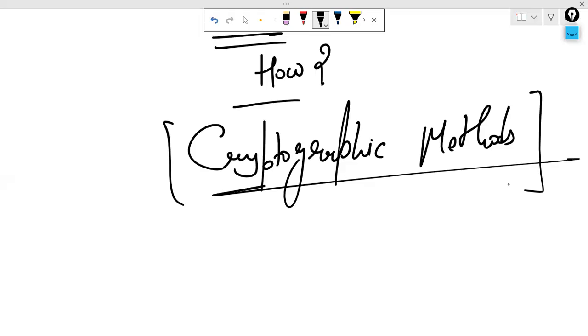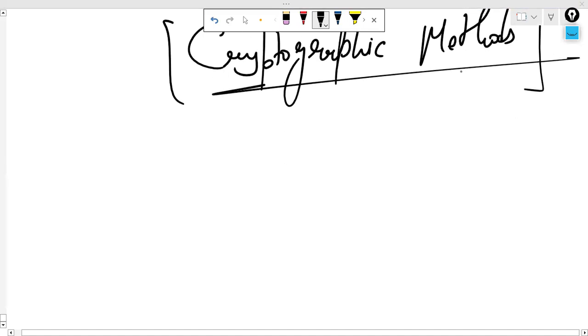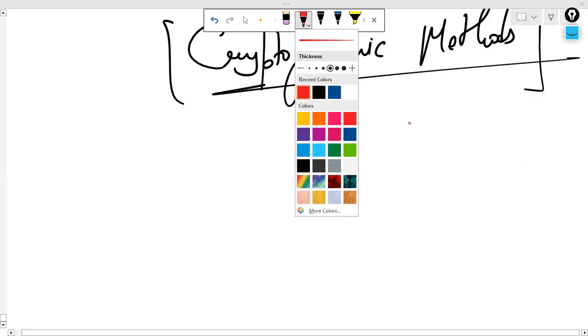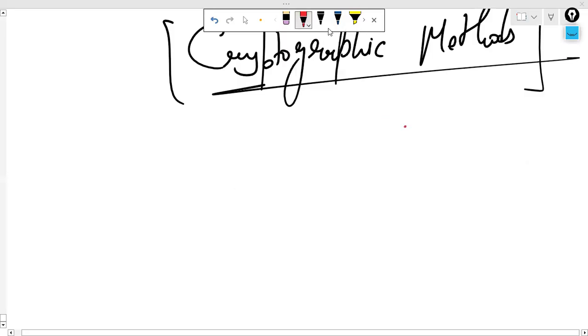So this is the last theoretical concept here. After this, we have to start with the practical. Okay, so what are the cryptographic methods we have? There are a lot of cryptographic methods, but as per your syllabus and exam, first we would discuss about